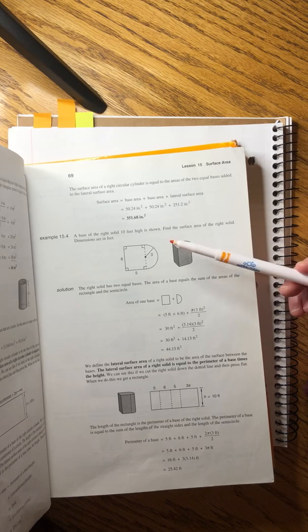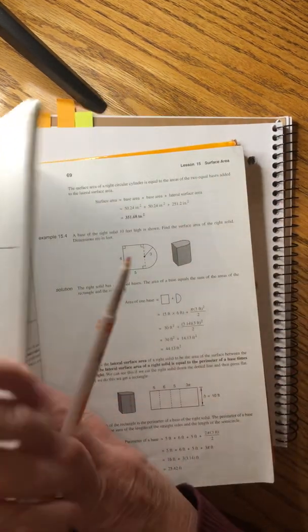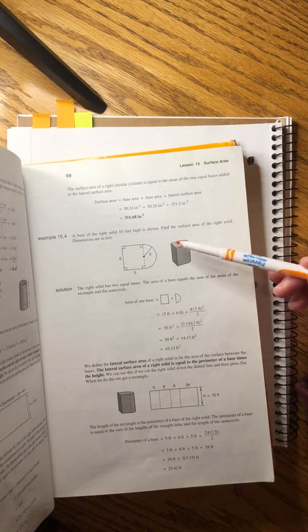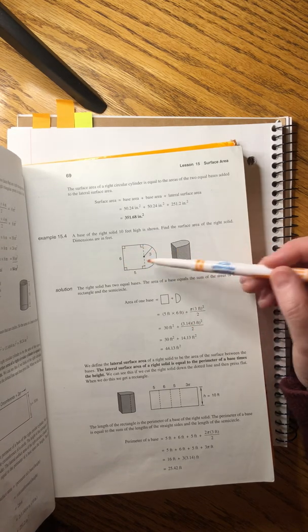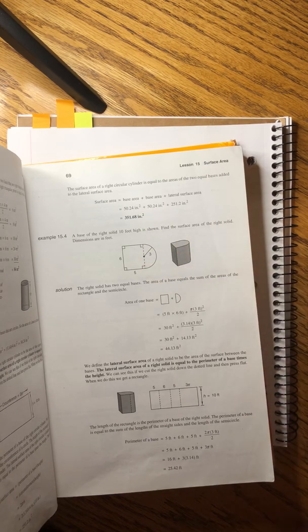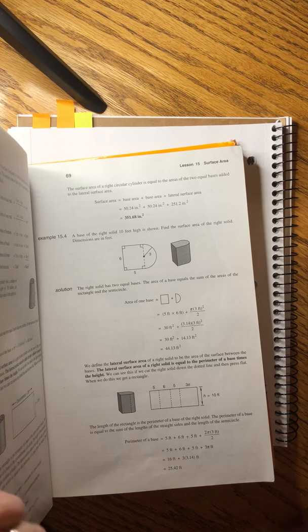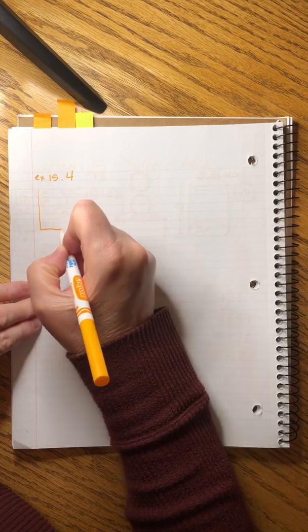Perfect. Now, what John is doing is he's showing you the object, which to me looks like an old-fashioned mailbox lying on its side, right? Like this is the part that would open and the mail would go in. But John also gives us a map of the base. So this is a map of the top and the bottom. But this way, when we go to find the area of this creature, we will have a good diagram to work from. So I'm not going to copy the three-dimensional object, but I am going to copy